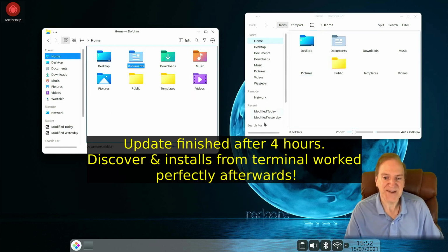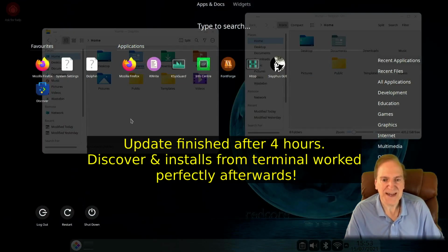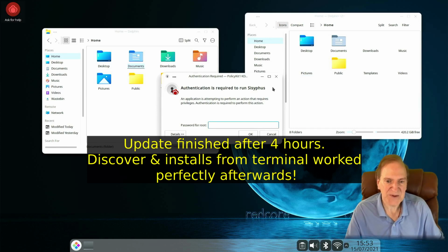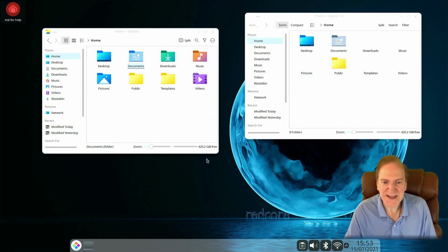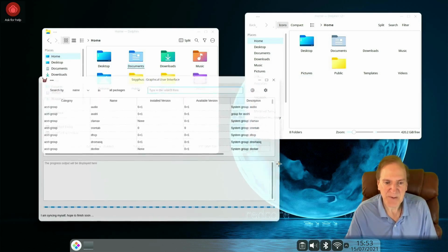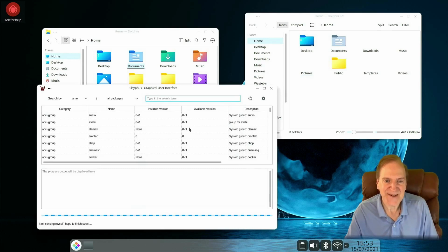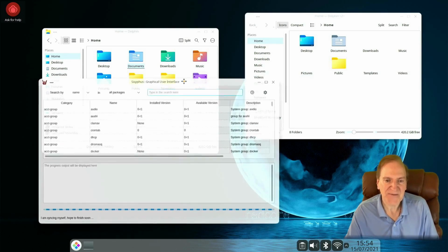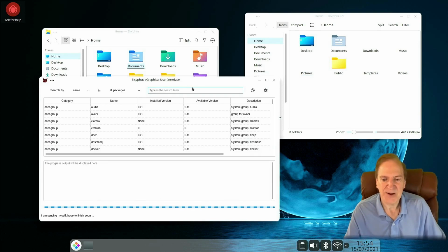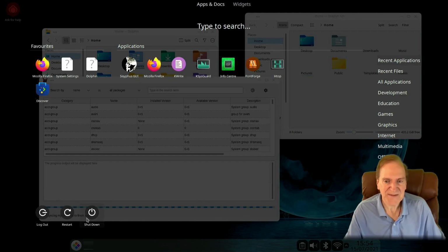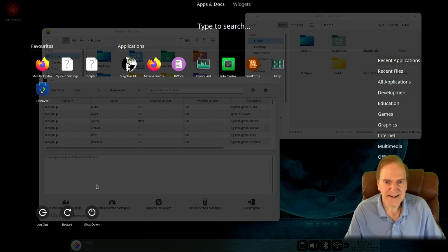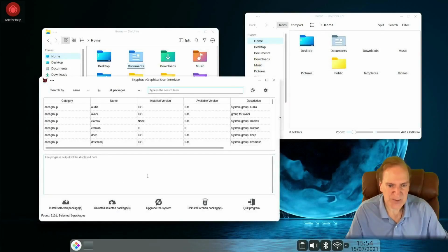However, you have Sisyphus, and Sisyphus is the wrapper with the GUI here. We have the GUI Sisyphus, if you like doing the GUI stuff. It's opening up, but it's on the wrong screen, so I'm going to drag it over here because I've got a couple monitors going on. And so here's Sisyphus. So this is our add and remove software, our software package manager, so to speak. And again, not real familiar with the Gentoo side of things, but Sisyphus looks like it's a direct wrapper to the terminal side, which I think if I open the terminal, I can use the